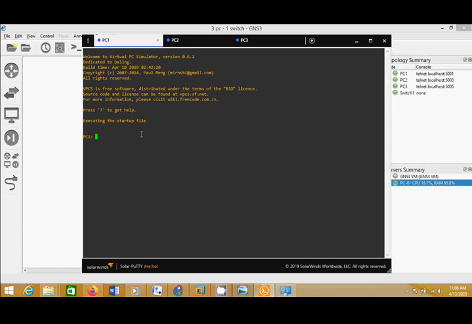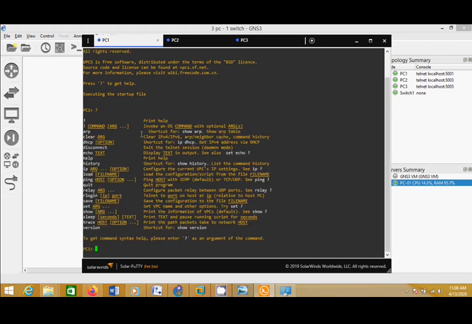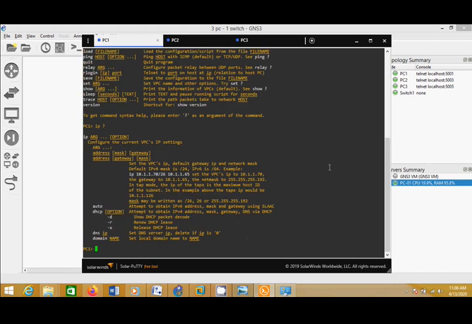If this is your first time and you don't understand how to write in the console, you can just type a question mark and press enter, and here are the commands for how to write it. There is ip, and then how to configure it. See, ip, space, question mark, shows how to write it. So you can easily set the IP by typing ip, space, then the address.